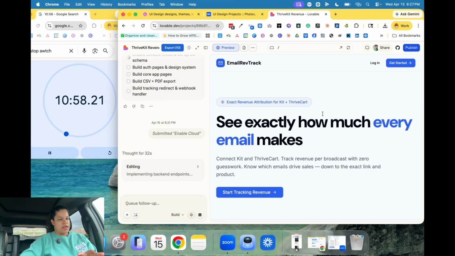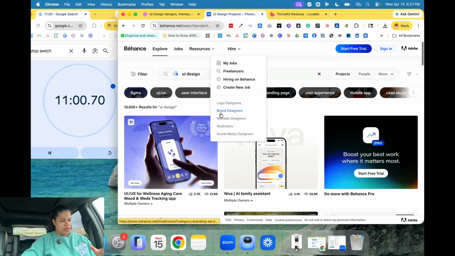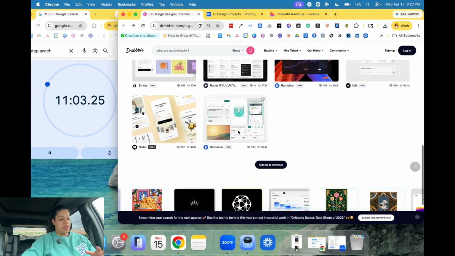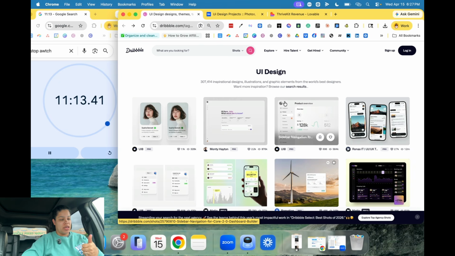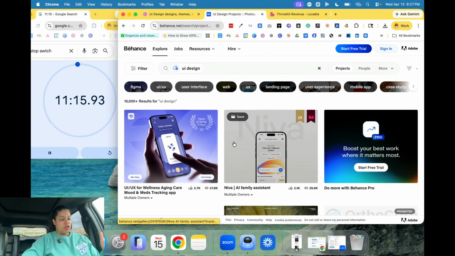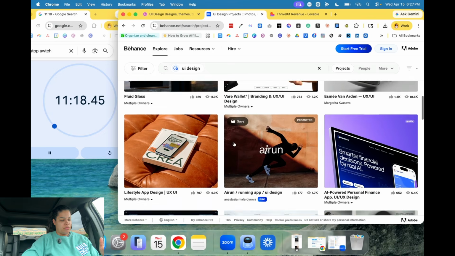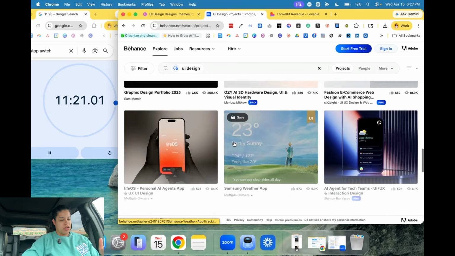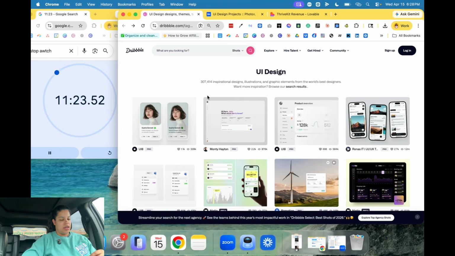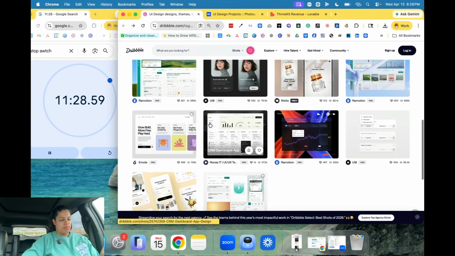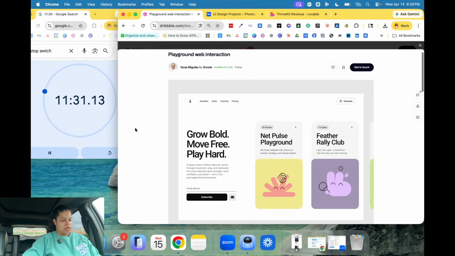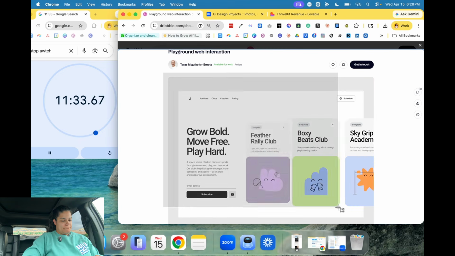And what I want to tell you about design is if you have a look that you want to replicate, whether it's an app that you already use or that you like, you can just screenshot it and send it, or you can come into either Dribbble or Behance and look at some of the different looks in here and say, oh, I like that, and screenshot it, and Lovable will be able to not entirely replicate it, but at least, again, I really like this one actually, so I'm just going to put that one in there